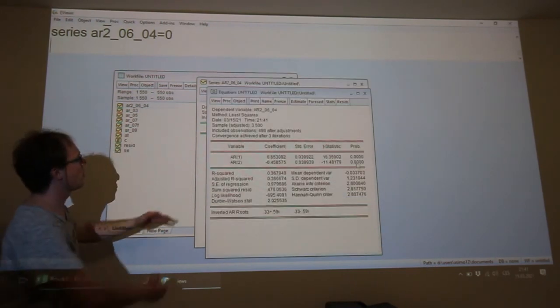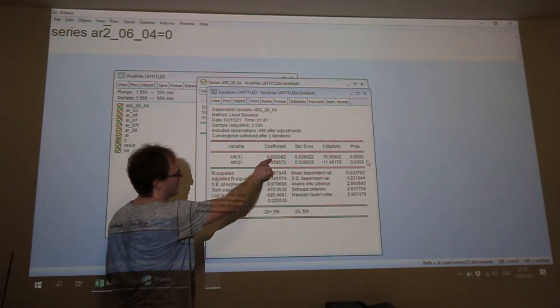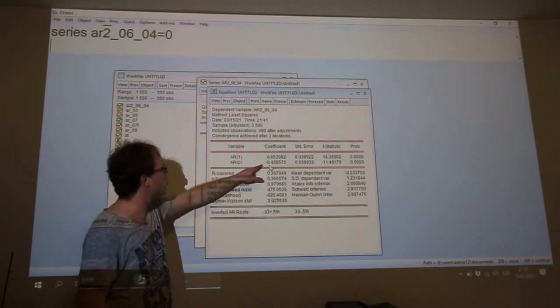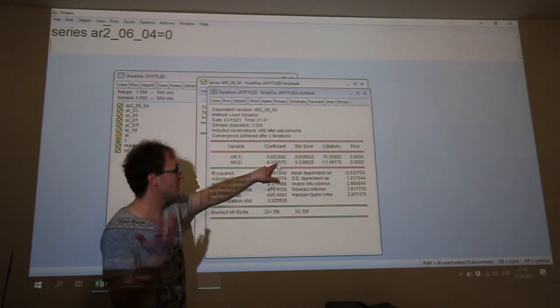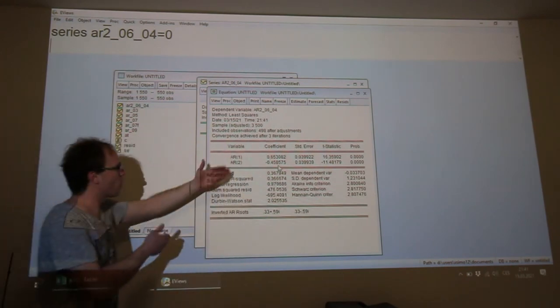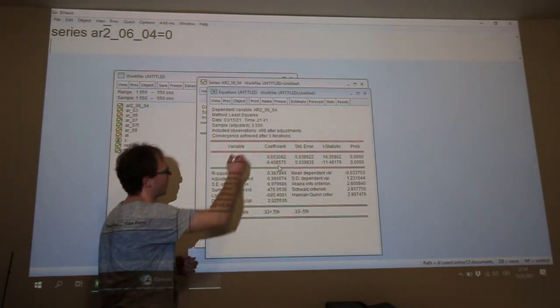Okay, so there is the model. You can see parameter phi 1 is equal to 0.65, parameter phi 2 minus 0.46. So it's almost the same as our set parameters in Microsoft Excel.